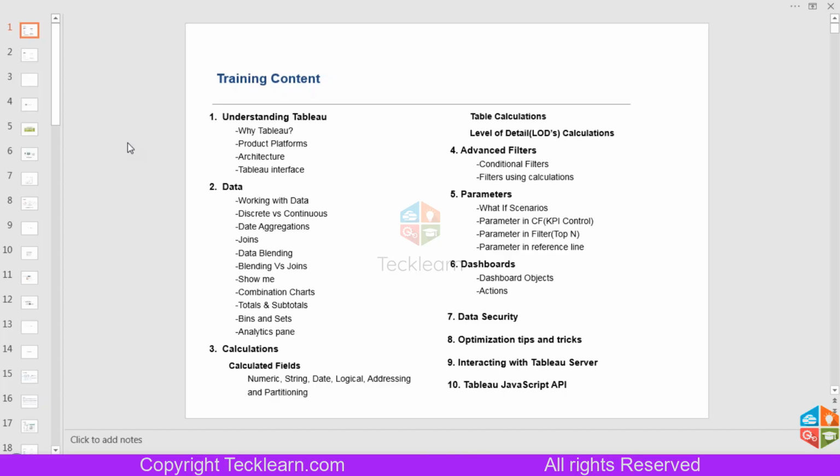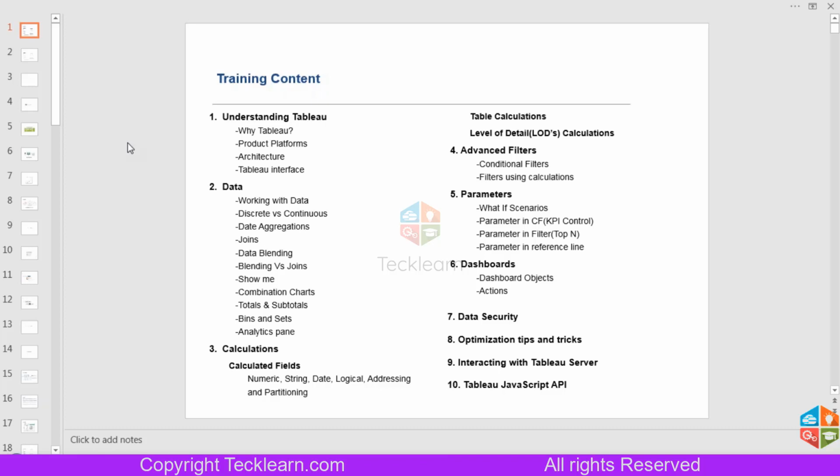And then we are going to go through those three main screens. Those are start page, data source page, and main canvas. So we are going to see each and every element from those screens, and we are going to see what the base information we require for the introduction to Tableau. So those things we are going to cover inside the first section.